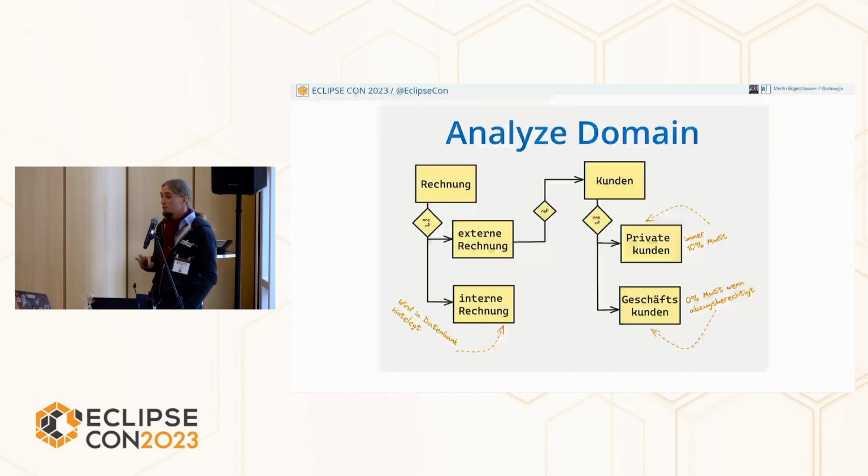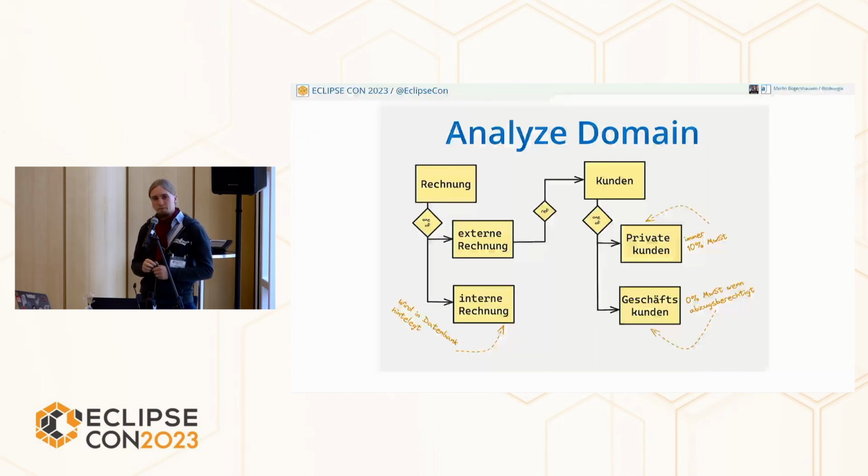No. We also have internal Rechnungen, like one department buys something from the other department. It's an internal thing, no real money gets moved. So it is different. We put them in a database, and then we are fine. Okay, so we have internal and external. That's a choice. We have two different types of invoices, internal and external. And the external invoice has a reference to a Kunde. Great, we send that out.